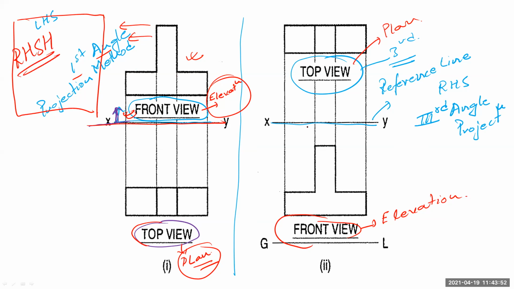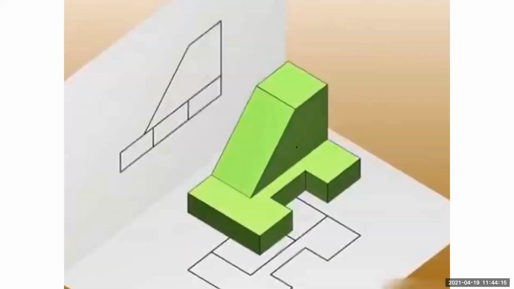Whereas in the case of the third angle projection method, if you have to draw the right hand side view, it will be to the right of your front view. So here it will come, right hand side view. Here I have read V instead of H. Right hand side view. So this is the second point of your point number 4.